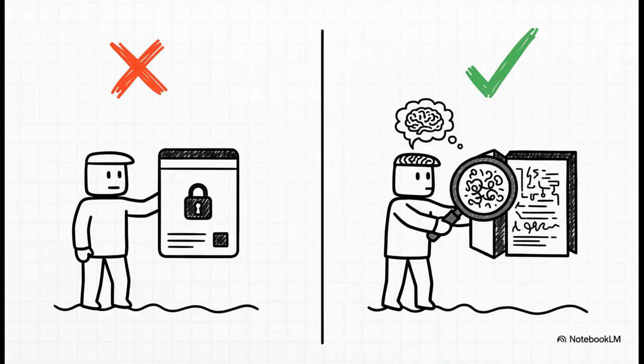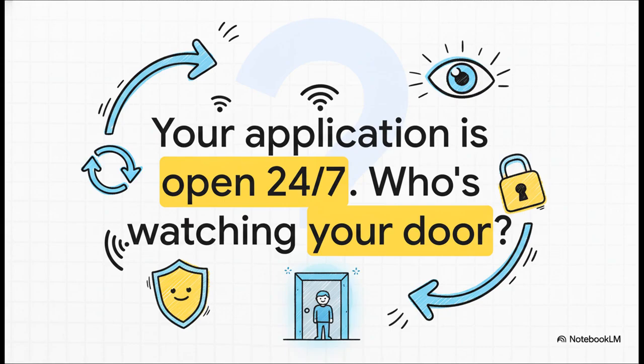And let's wrap this up with probably the most important distinction of all. A WAF is not just a simple packet filter that checks addresses. It's way more intelligent than that. Remember, it's inspecting the actual content and the patterns inside the web request. That gives it a much, much deeper understanding of whether something is a real threat or not. So, let's end with this thought. Your application, it's open 24/7. It never closes. Its doors are always open to the entire world. So the question you really have to ask yourself is, who's watching your door?